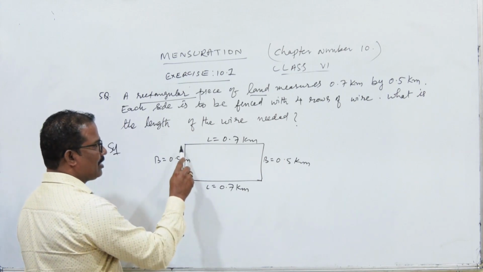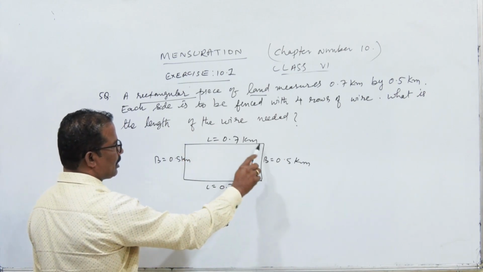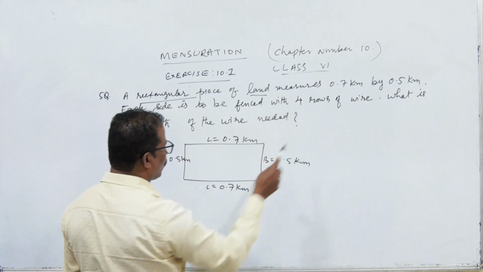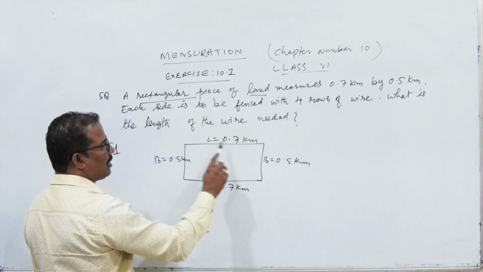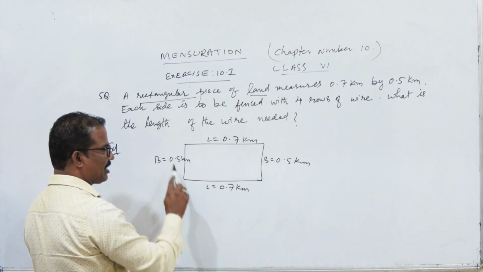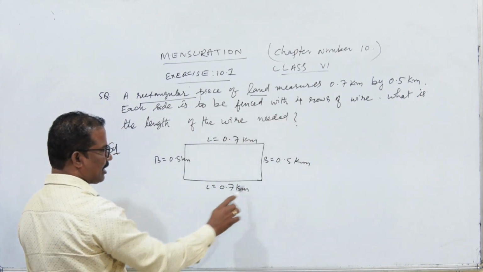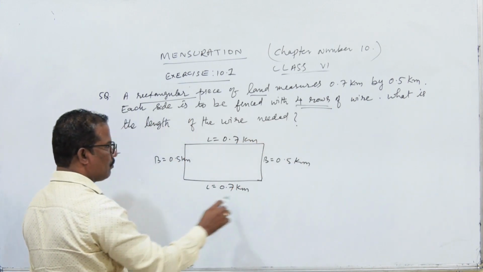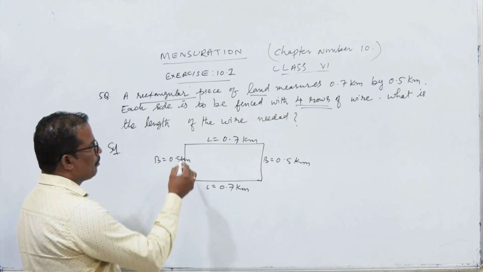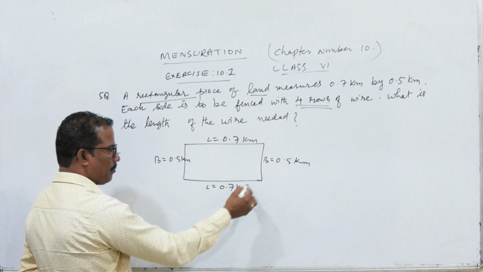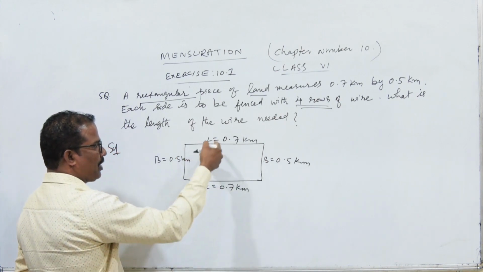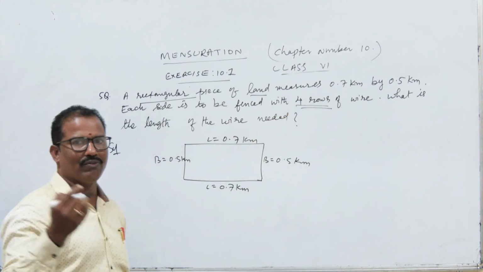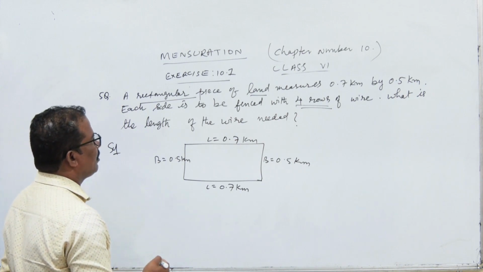See, the length of the wire needed for one complete round is equal to the total perimeter of this rectangular field. Okay, so like that, how many rounds? 4 rows. So the total length required for one round is equal to one perimeter, and another round again second perimeter, another round again third perimeter. So in the last one, fourth row, that is 4 perimeters. For that we need to do what? First we have to find the length of the wire needed for one round, equal to the perimeter of this rectangular field. That will be multiplied by how many times? 4 times. In this way we will get the total length of the wire needed for 4 rounds.